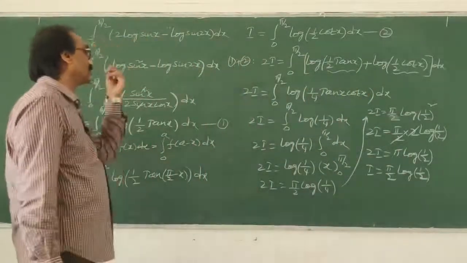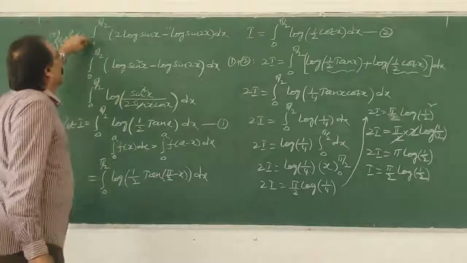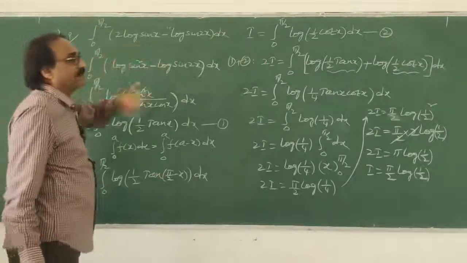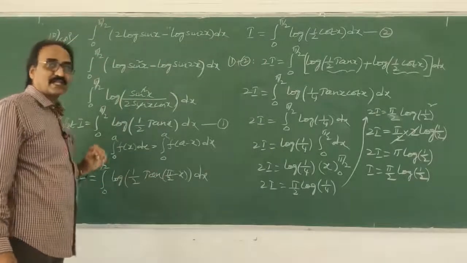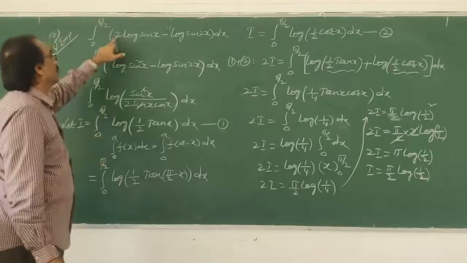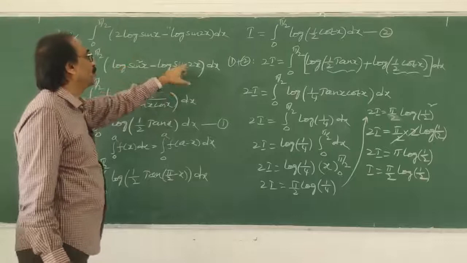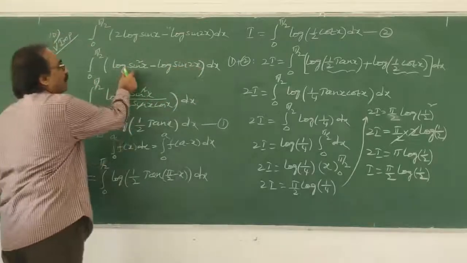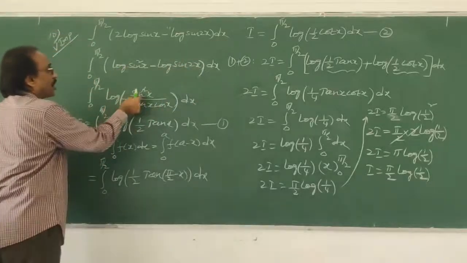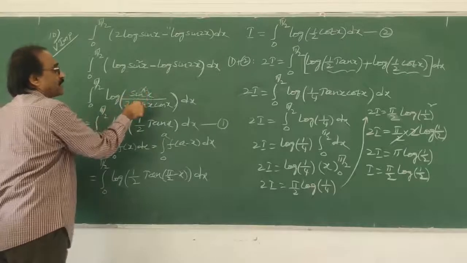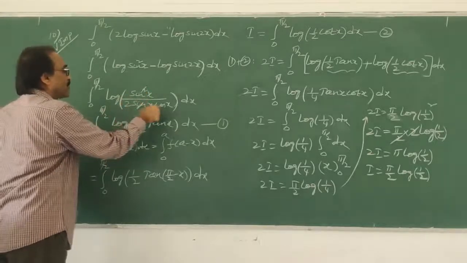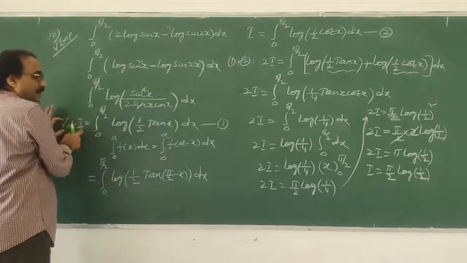My dear students, this is also an important problem. So 0 to pi by 2, 2 log sin x, this is given. First I want to simplify by seeing the logarithmic form. So n log x is there, log x power n I wrote, minus log sin 2x dx. Then it is in the form of log a minus log b, then log of a by b, here sin square, here sin x cancel, then 1 by 2 sin because tan x dx. This I consider as I.